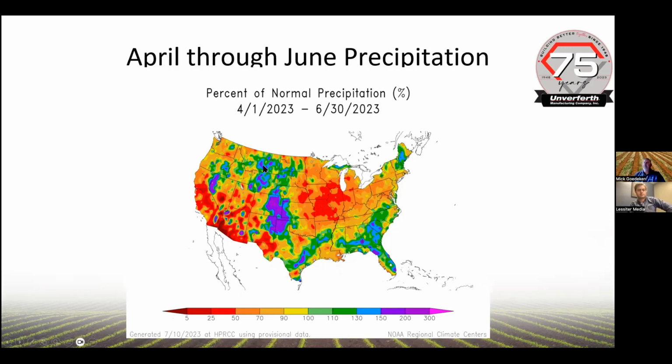So if we look at April through June, let's think about when we planted that corn to June 30th, we were in trouble in a lot of those areas. Nebraska, Iowa, Illinois, Missouri, eastern Kansas, Wisconsin, especially that southern third of Wisconsin, into Minnesota, Ohio even had some areas where they've suffered in that